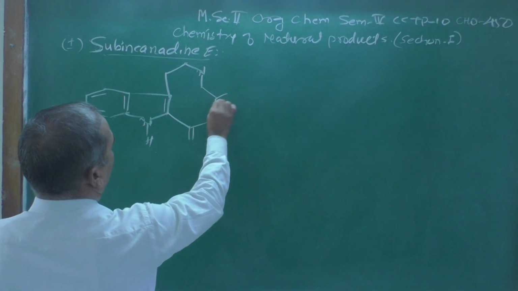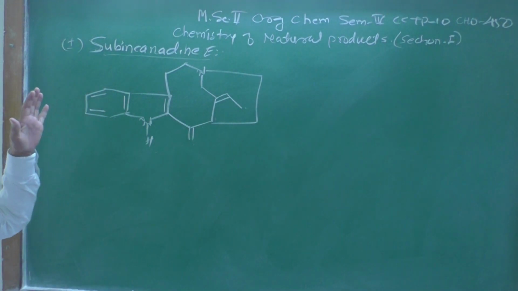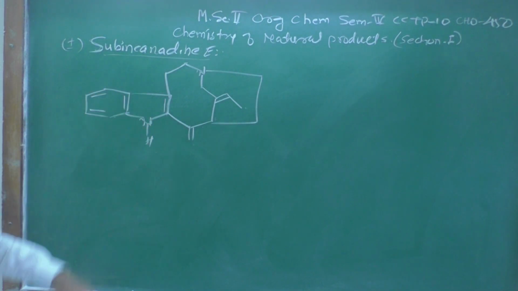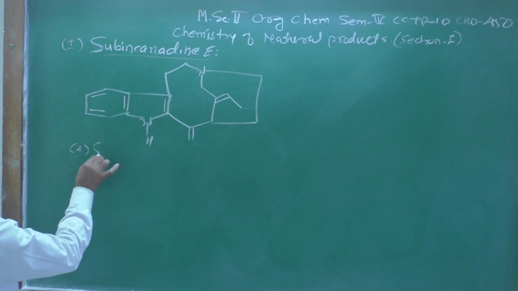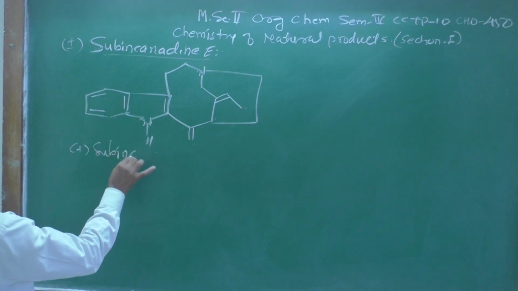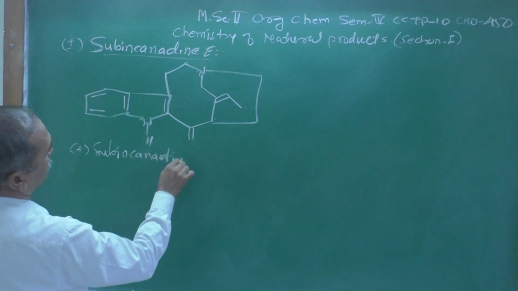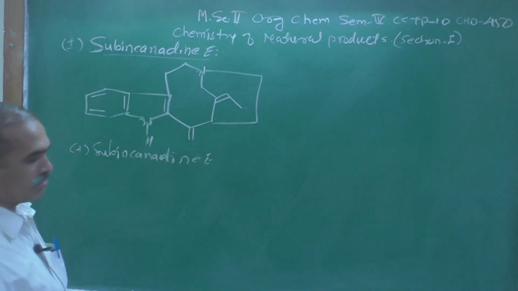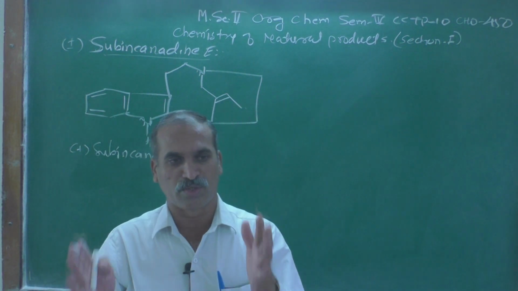This is the structure which I have drawn on the blackboard. You can observe this carefully. This is the structure of plus sabine canadine E. This is nothing but the target molecule,